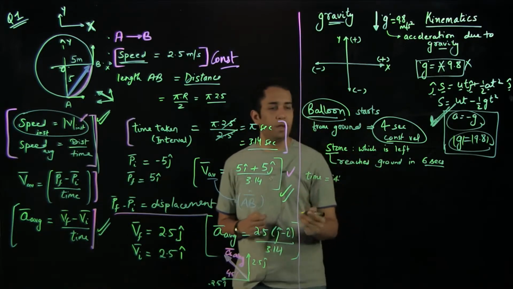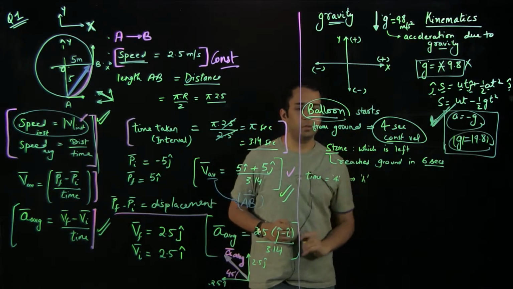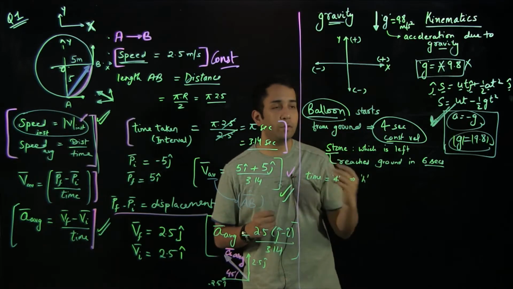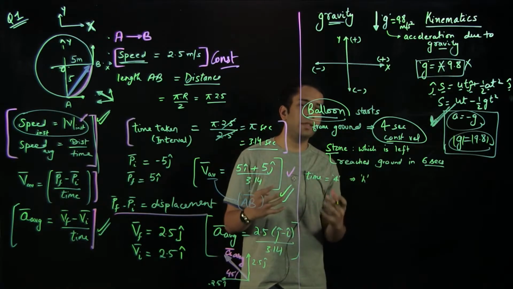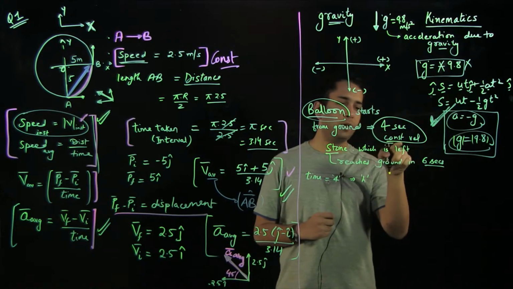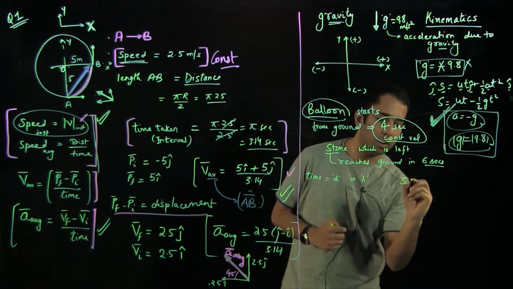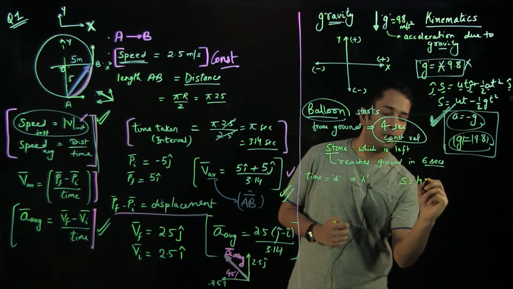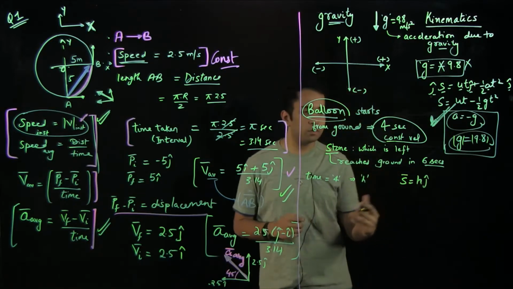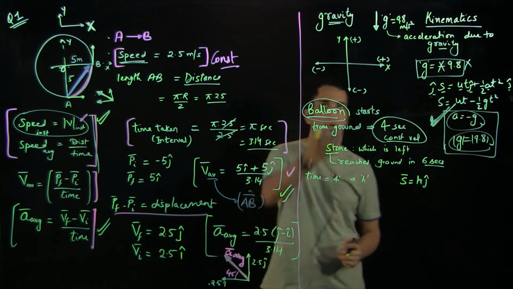a certain height, and let us consider that height to be h, and at that height it left the stone. So let us apply the equations of uniformly accelerated motion to the balloon, and we'll just calculate. Because it was given that it's traveling with a constant velocity, we can directly find that the displacement of the balloon is h j cap. I will not be writing j cap again and again, but to start with, it represents that the balloon moved h in the positive y direction, that is the upward direction.